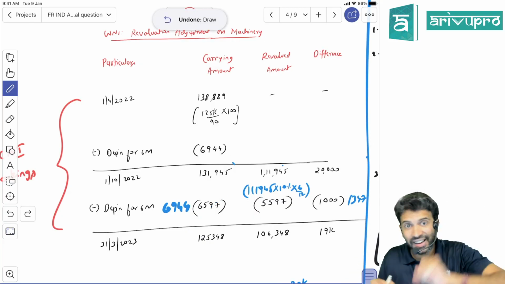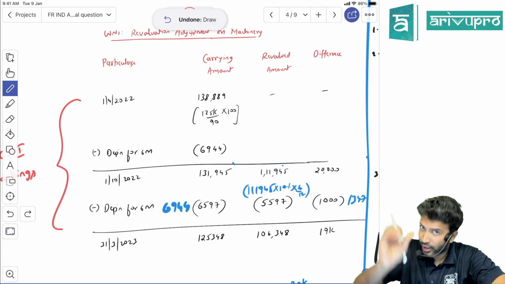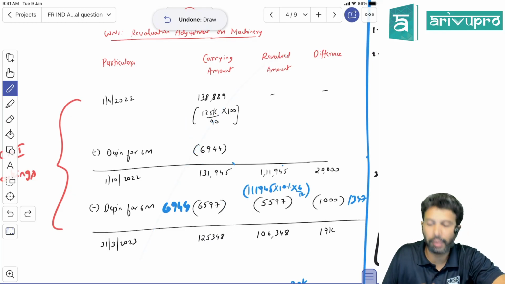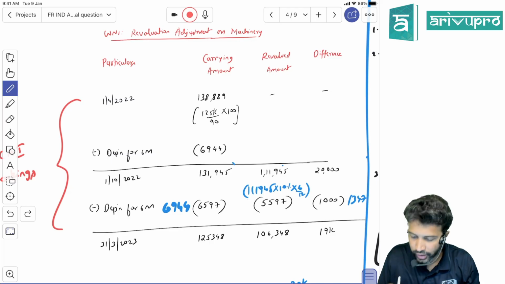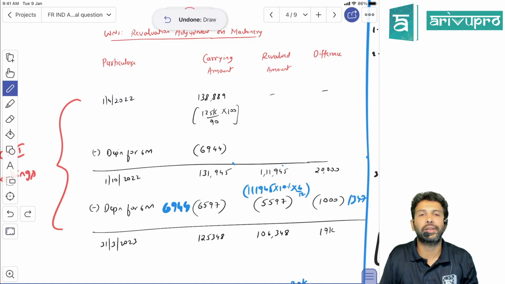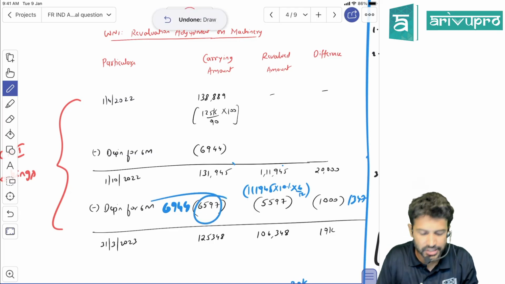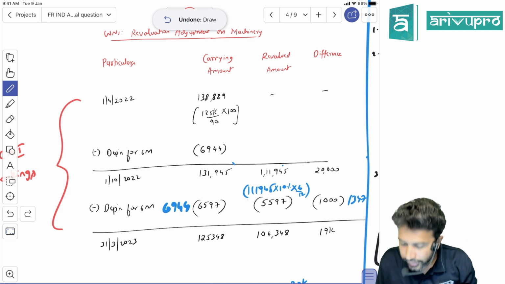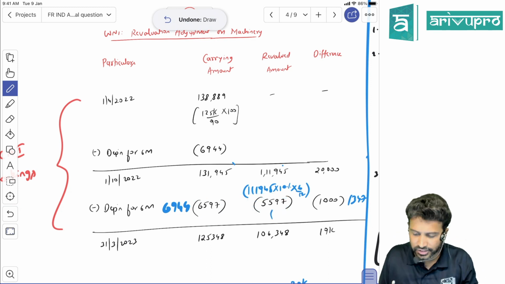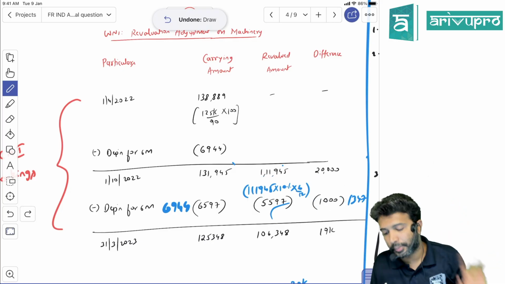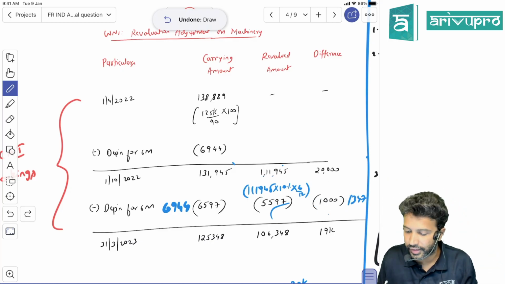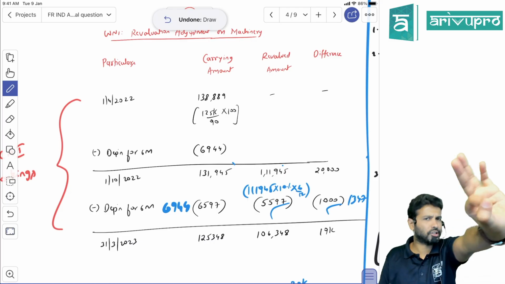Okay, so they have taken reversal of depreciation to be 1000. I'll tell you one quick short way. You don't have to do all this. But I'm telling you what ICAI has done and what is my view on this point. They have assumed that subsidiary has charged 6597 for the next 6 months. Depreciation to be charged is 5597. There is no problem there. And this difference is 1000 rupees. So they have taken reversal of depreciation not as 1347, but as 1000 rupees. In my view, that is slightly wrong.